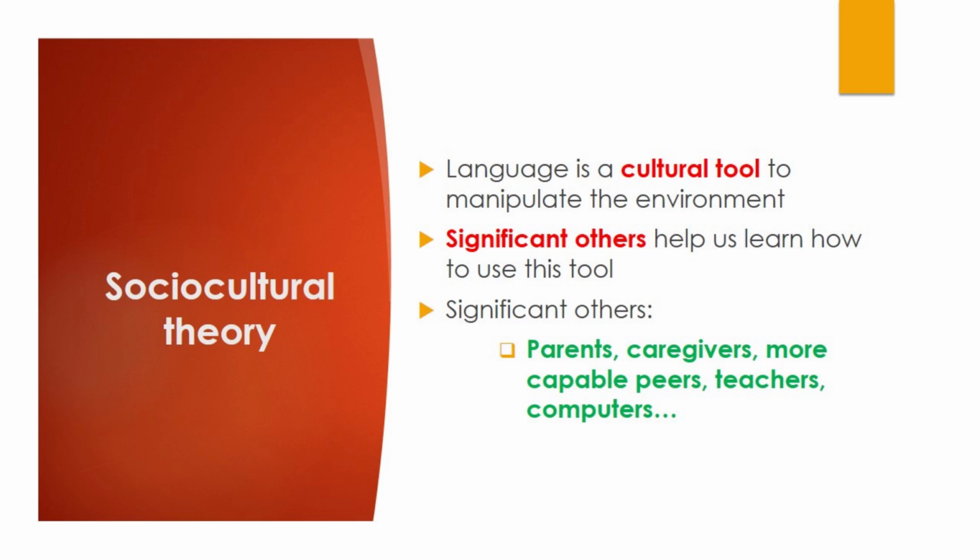Like what happens when we want to learn to use a tool, we need someone who can show us how to use that tool properly. Thus, sociocultural theory is about the role of this someone in teaching us how to use language. This someone is called a significant other. According to Vygotsky, significant others help learners develop through developmental stages using two main concepts. The first one is mediation, and the second one is the zone of proximal development.